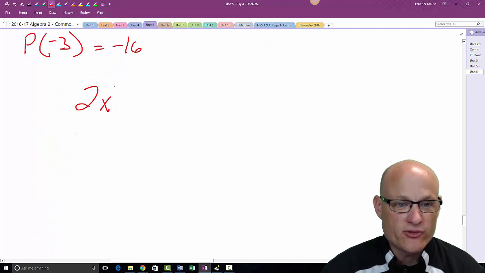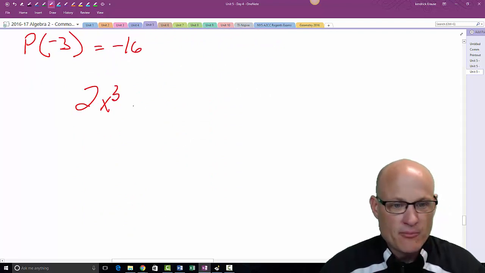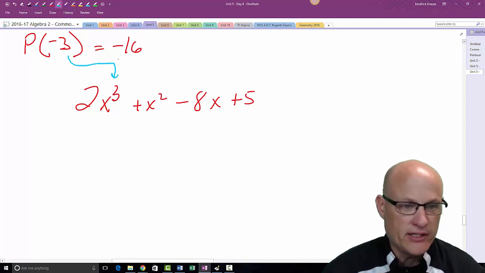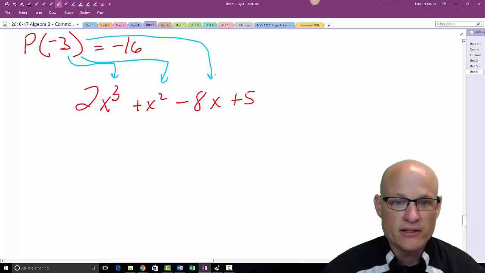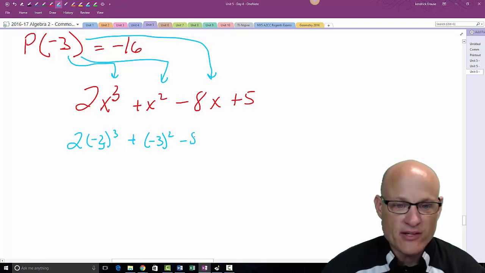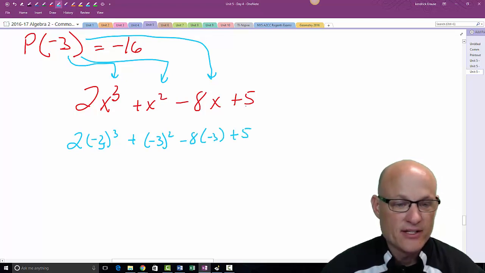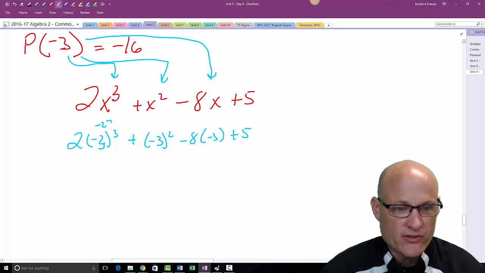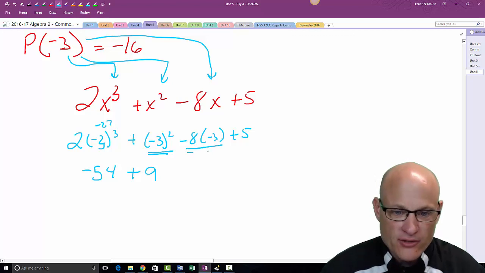So the cubic is 2x cubed. I'm losing my voice for some reason. Excuse me. Plus x squared minus 8x plus 5. So we're going to take this baby and we're going to plug in negative 3 in here, in here, and in here. So 2 times negative 3 cubed plus negative 3 squared minus 8 times negative 3 plus 5. Let's see. Negative 3 times negative 3 times negative 3 is negative 27. So this becomes negative 54 plus 9, because negative squared is positive, plus 24